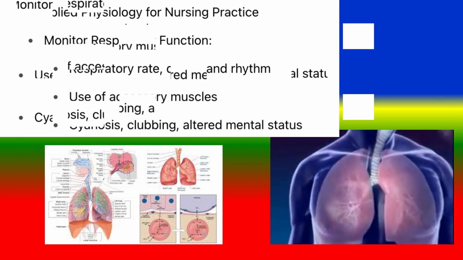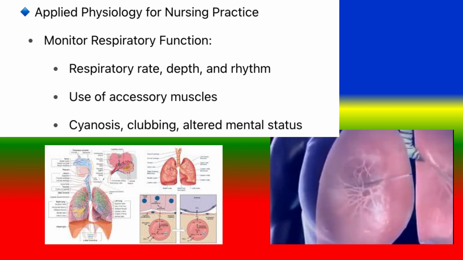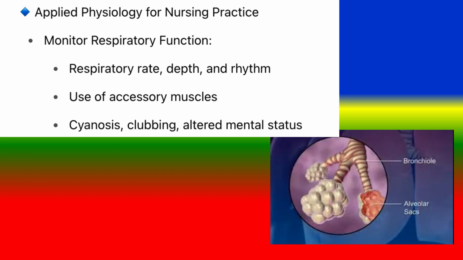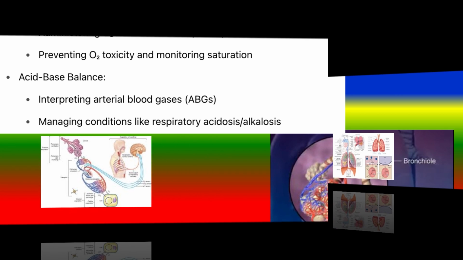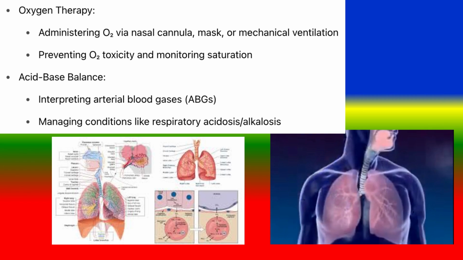Applied physiology for nursing practice. Monitor respiratory function: respiratory rate, depth, and rhythm, use of accessory muscles, cyanosis, clubbing, altered mental status. Oxygen therapy: administering O2 via nasal cannula, mask, or mechanical ventilation, preventing O2 toxicity and monitoring saturation. Acid-base balance: interpreting arterial blood gases